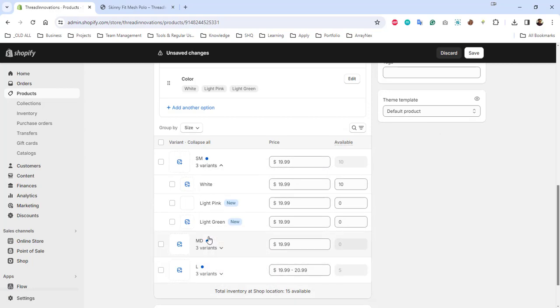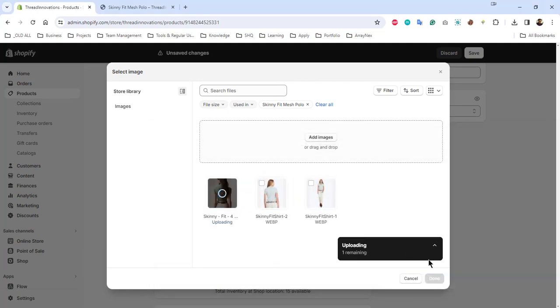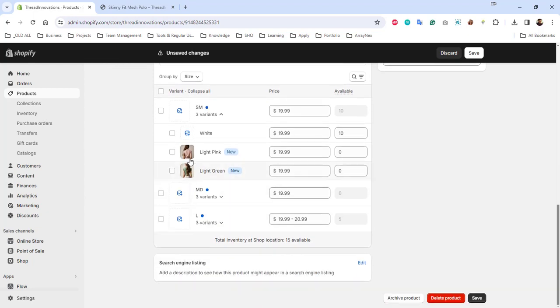For example, we are going to add images, a pink image for this. Okay, done. And the green image. Okay, so this way we already added two pictures of the small size, in the colors pink and green. Perfect. So now click save